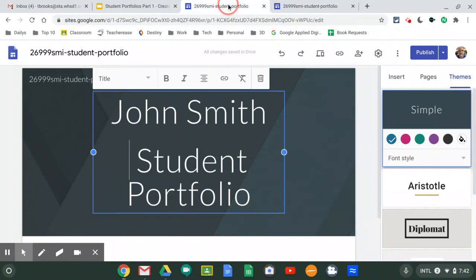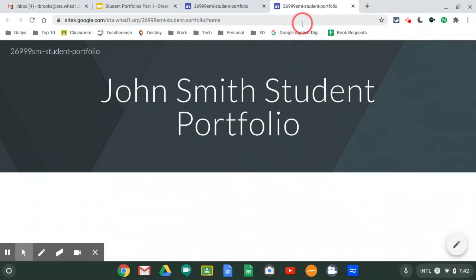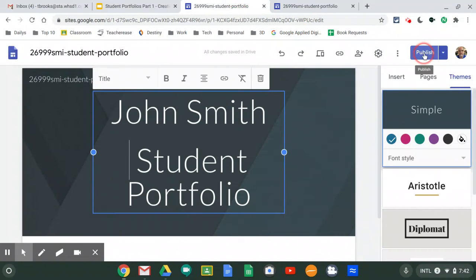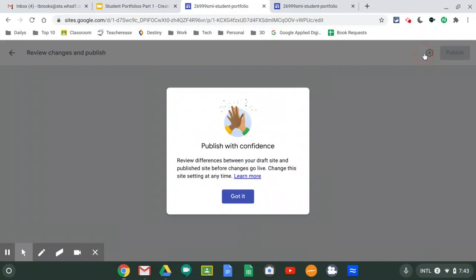What's going on? This is my editing website, and I can do all kinds of work, and it won't change anything on what everybody else is seeing until I click publish. So editing, I can make all kinds of changes while my website is running somewhere else, and people are accessing it and admiring my portfolio, while I can still be kind of working on it in the background. It's not until I hit publish,